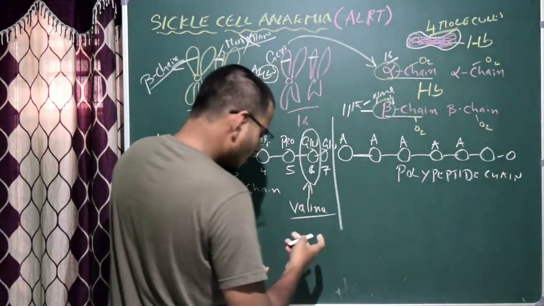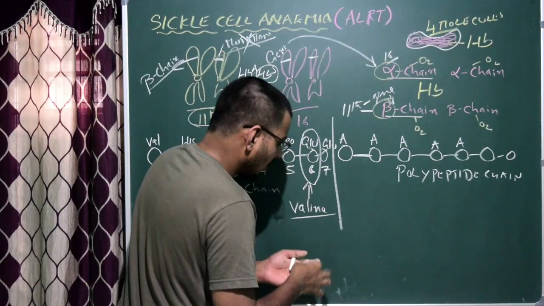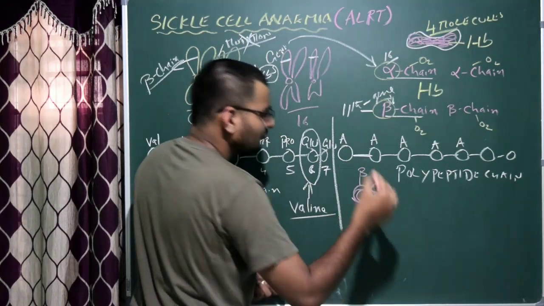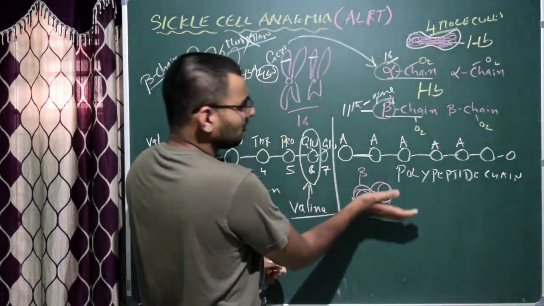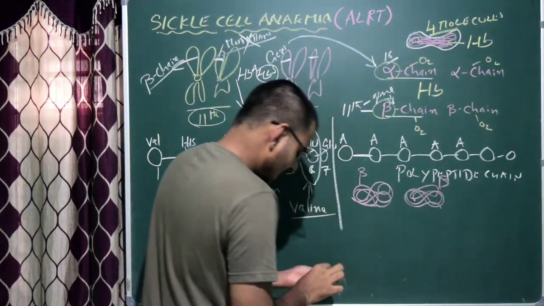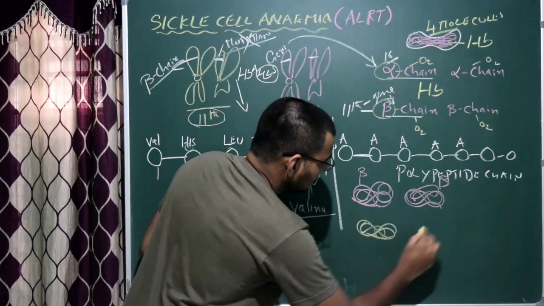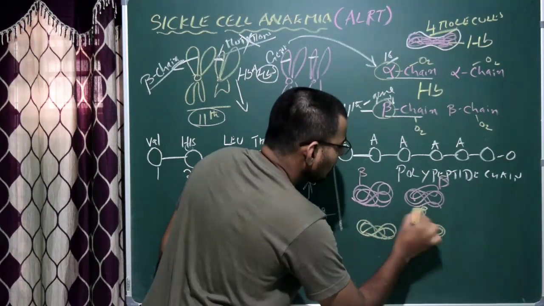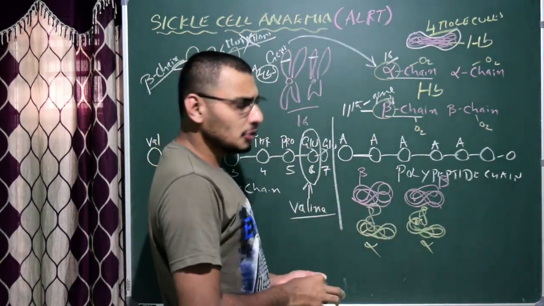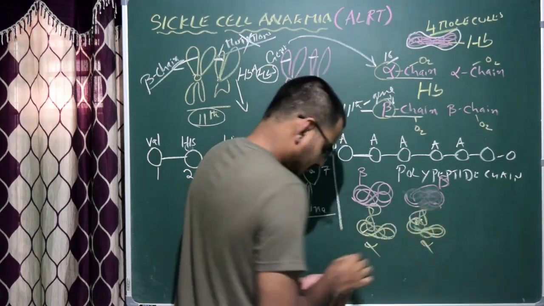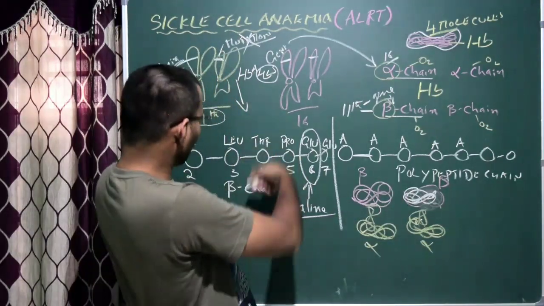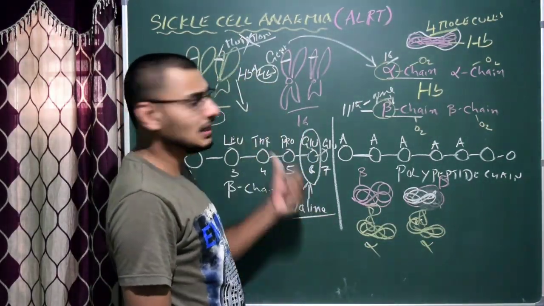Got it? Now, what we're going to do is, I'm going to draw a 3D structure of the hemoglobin. So, let us assume this is the beta chain. If you look into the 3D structure, the beta chain comes above the alpha chain. So, this is another beta chain, and I'm using yellow color for the alpha chain. This is the alpha chain. They are all linked to one another like this. So, this is alpha, this is alpha. But now due to the mutation, one of the beta chains has become abnormal. So, I am using white color to denote the abnormal beta chain because of the reason which is known, the gene mutation in the 11th chromosome.